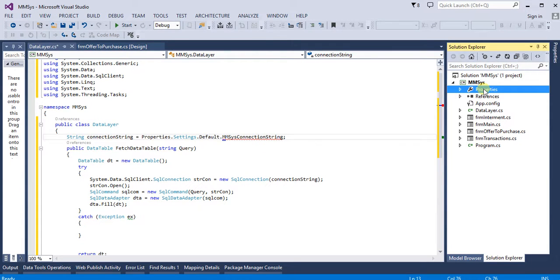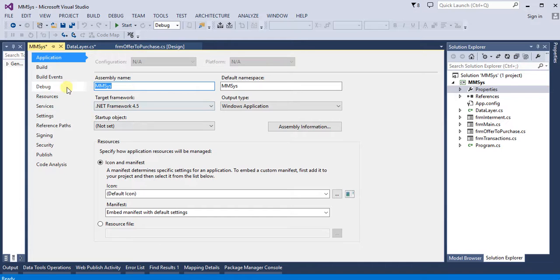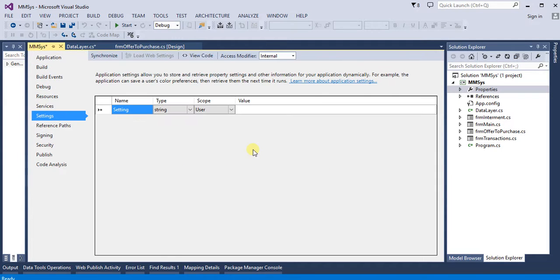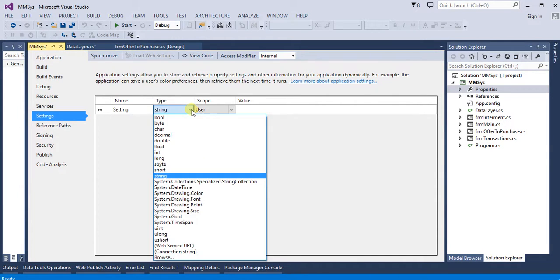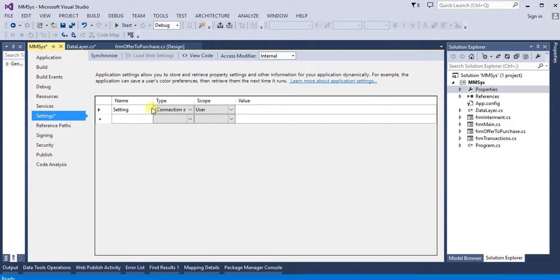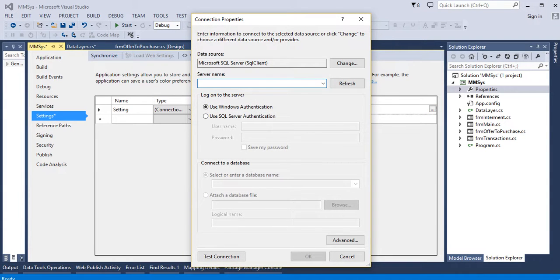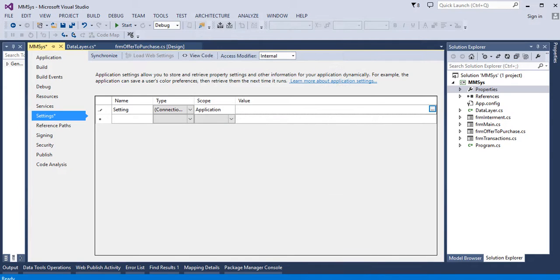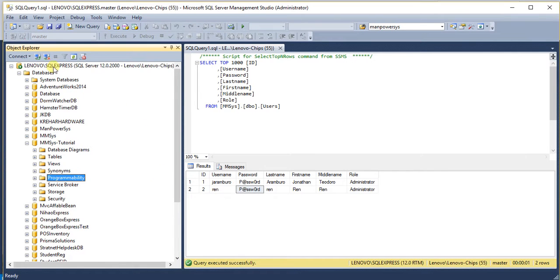Just click the properties here, or go to the settings, and now we're going to create a connection string here. So from here we will connect our application to our existing database. Right. So I'm going to cancel it first. I'm going to copy this one,